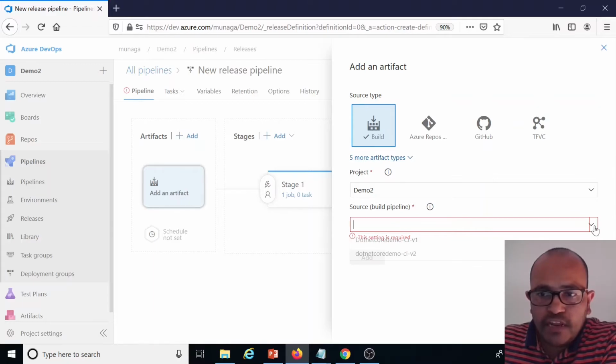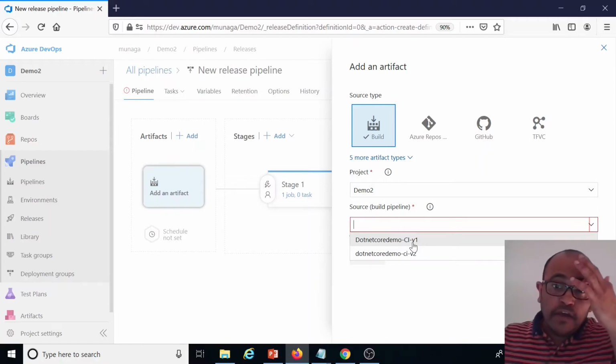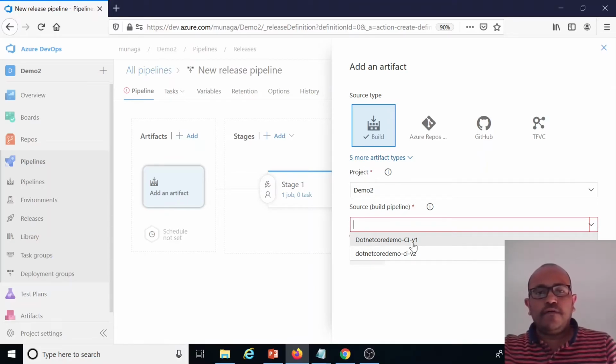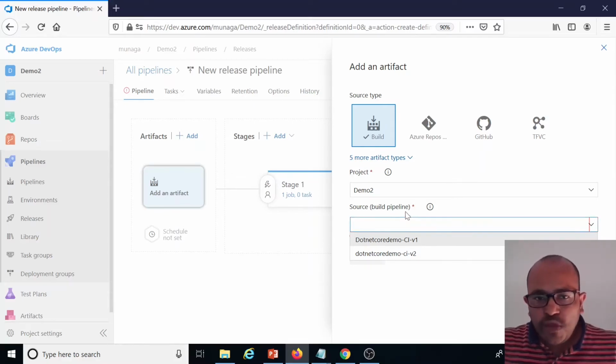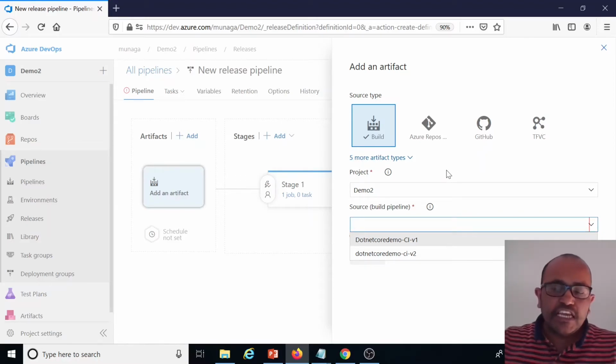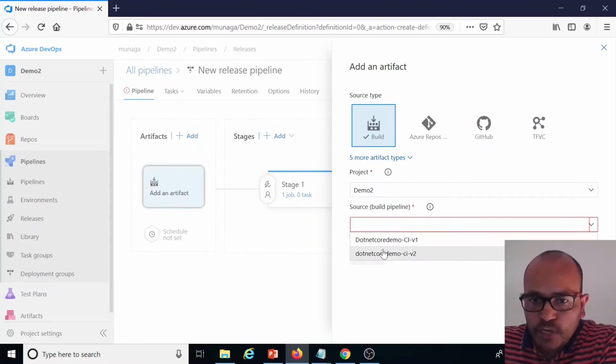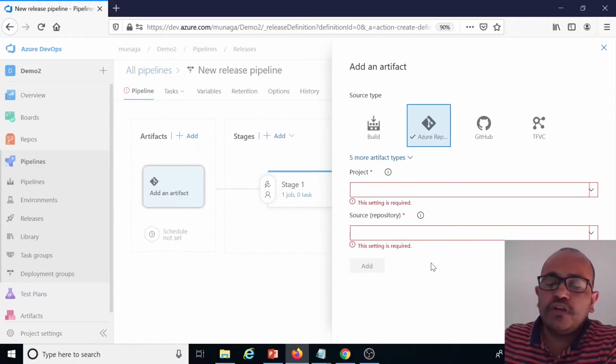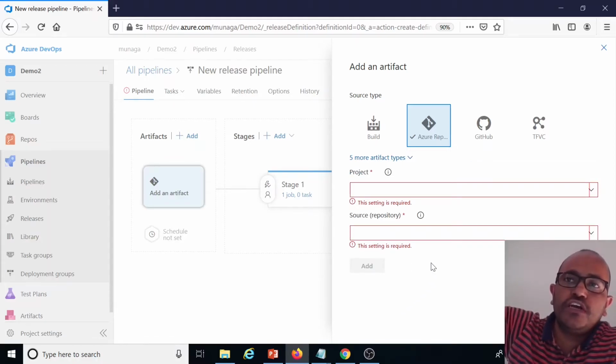Generally you take the build, whatever build we have, version 1, version 2. Because of the Dockerfile and compose file, if you take normal .NET applications, you will build, and the final build version you will put into the drop. That's where for release pipelines you will take the build outcome as an input. But in this case, as part of the build we already created the image and pushed it into the Azure registry, so there is no need to take this one as an input. What we can do is take the ARM templates directly, because within this one it is already configured in which registry the image is there.